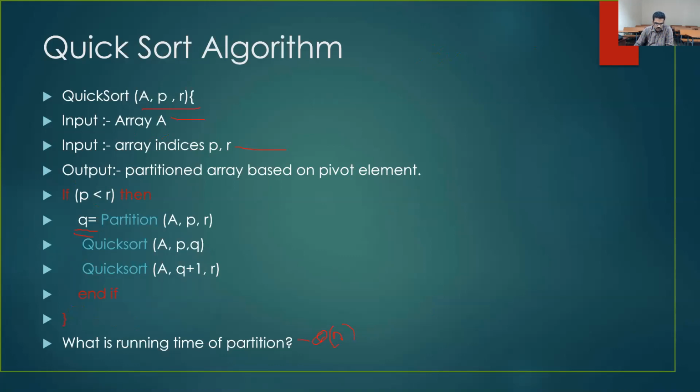So what will be the running time of quicksort? And what could be the partition size? It could be the case that the pivot element becomes the last element, or it is itself the highest element. In the previous example, the pivot was 70 and the highest element in the array was 90. Assume the highest element in the array is 70, or the pivot element was modified to 110. Then there will be nothing to the right, and to the left there will be n minus 1 elements. Similarly, if the pivot element is the least element, suppose the value is 0 and all others are greater than 0, to the right there will be n minus 1 elements.